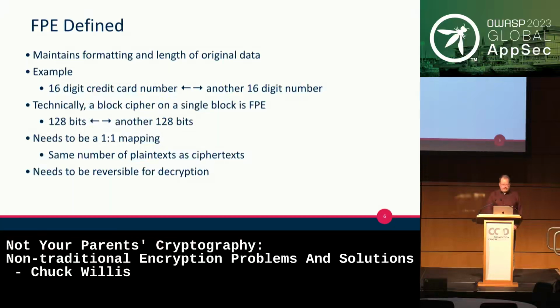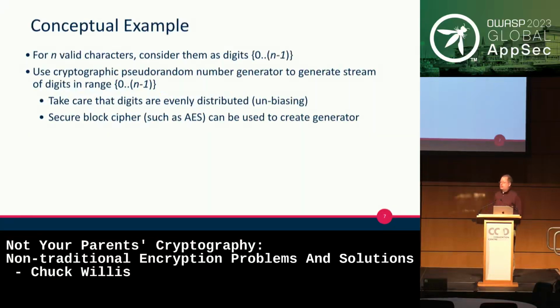Well, as a conceptual example, let's start with just thinking about digits, and you take each digit on its own. In this case, we're using digits, but you could assign numbers to letters or whatever other kind of values you might have. What we're going to do is combine that with a cryptographic pseudo-random number generator. A lot of FPE and other schemes use AES under the hood in order to provide some of the cryptographic guarantees. So you can use AES to generate a secure pseudo-random number stream, and then you can just combine that.